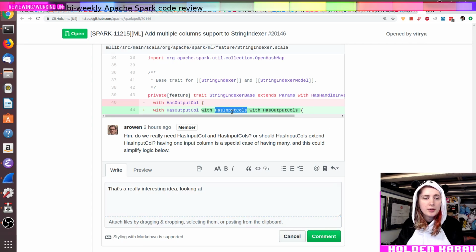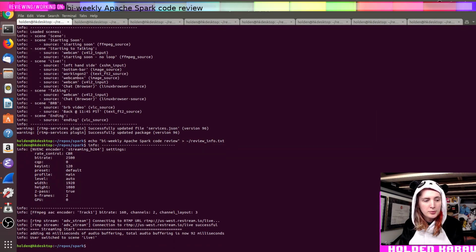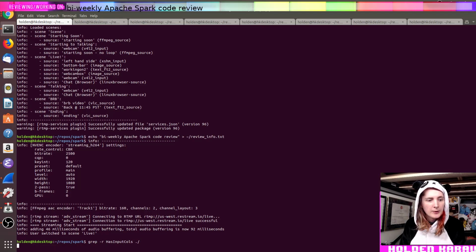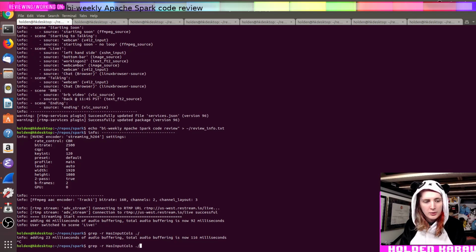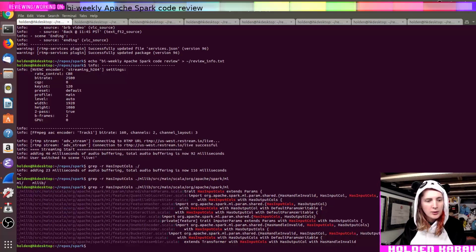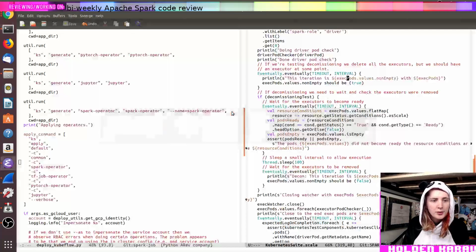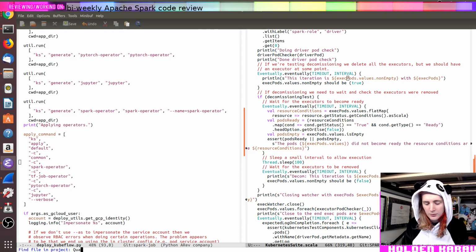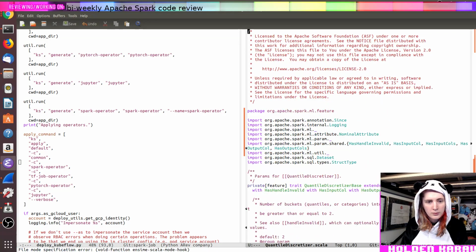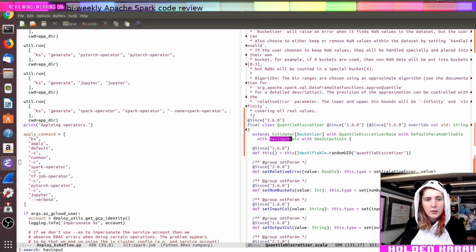So let's take a look at this. Let's go and grep. Oh wait, no, mllib src main. Okay. Yeah, so quantile discretizer. That's weird.